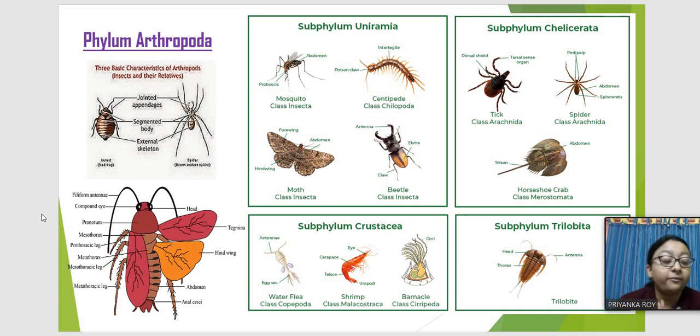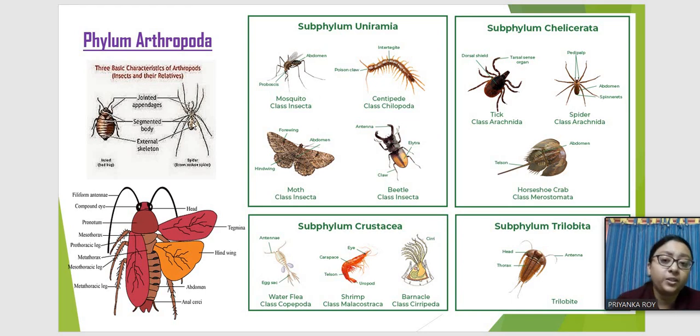Now coming to the most diverse phylum, and the phylum with the largest number of organisms, that phylum is known as phylum Arthropoda. It consists of anything from crabs to prawns to scorpions to spiders to cockroaches and insects and everything. So this phylum Arthropoda is very important because it is the largest phylum in the animal world. And therefore, the basic characteristics which distinguish an arthropod, the first one